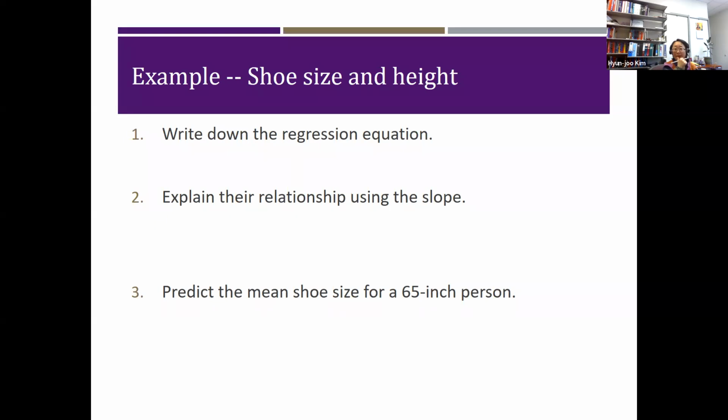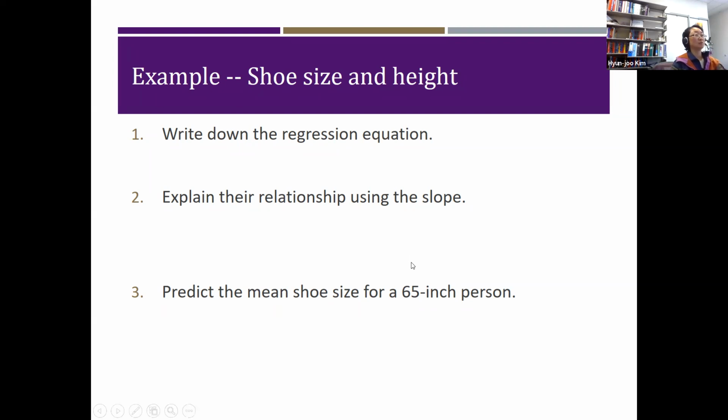Okay, now going back to our sample. Using the shoe size and height example, we're going to write down our regression equation, explain their relationship using the slope, and then predict the mean shoe size for a 65-inch person. So let's actually get the regression